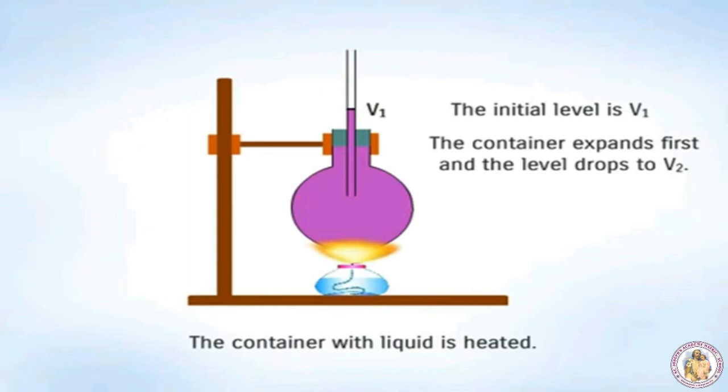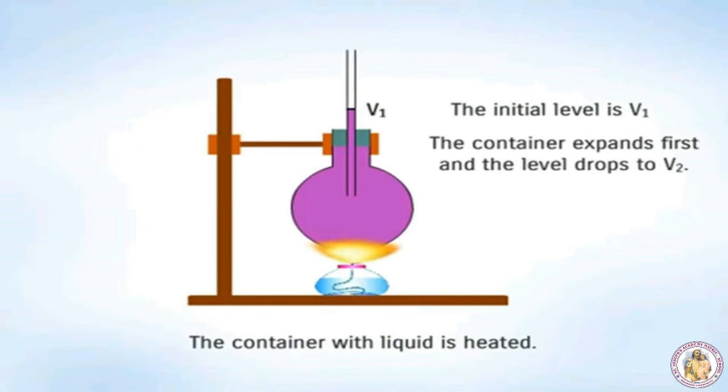Experiment to measure real and apparent expansion of liquid. To start with, the liquid whose real and apparent expansion is to be determined is poured in a container up to a level. Mark this level as L1. Now heat the container and the liquid using a burner as shown in the figure. Initially, the container receives the thermal energy and it expands. As a result, the volume of the liquid appears to have reduced. Mark this reduced level of liquid as L2.